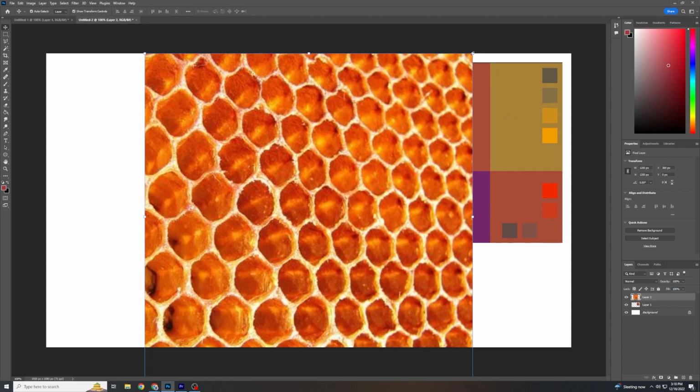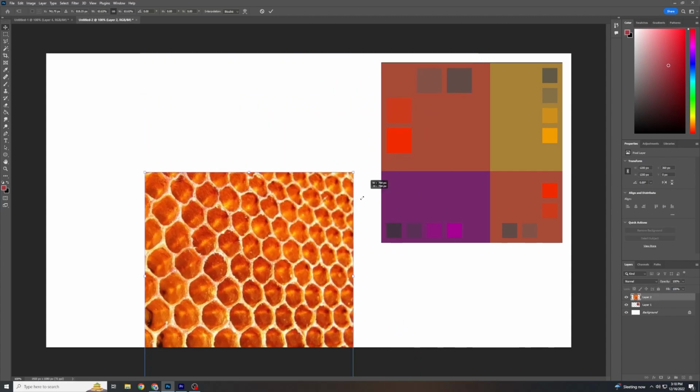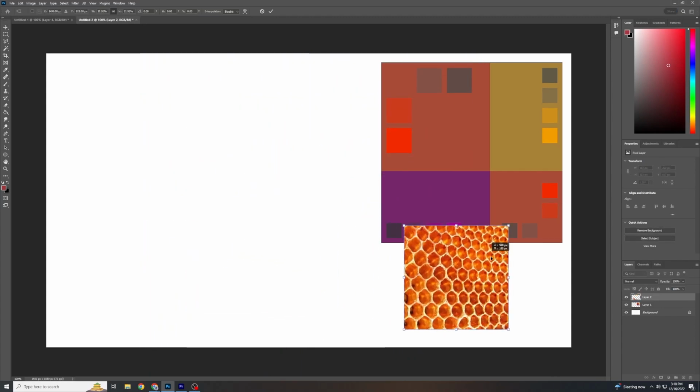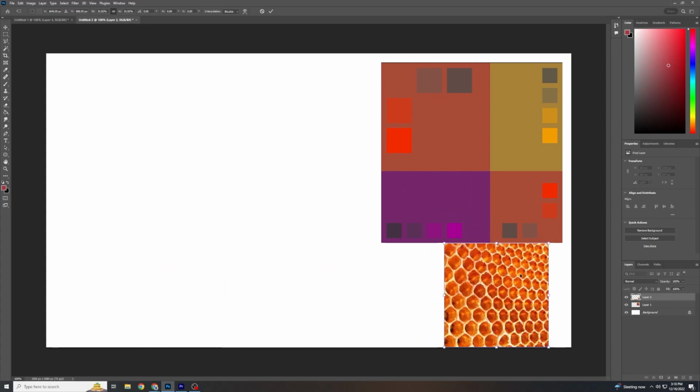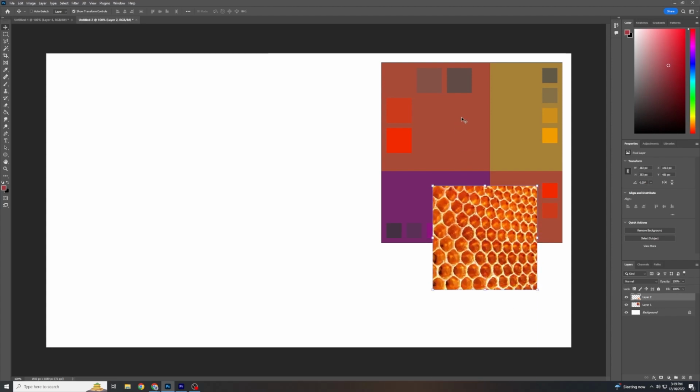I can now use the Move tool to move this texture to where I want it to be and possibly adjust its size. Remember to click the checkbox along the top menu bar when you are done adjusting its size. The Move tool will only work on the layer I have selected. It would be pretty frustrating to constantly be searching for and selecting the layer that has what I want to